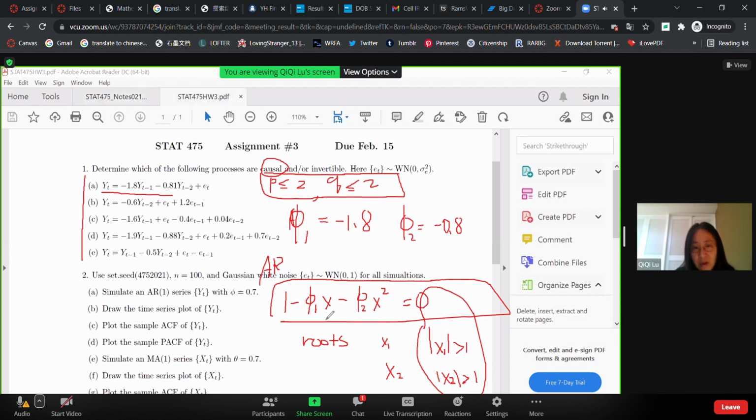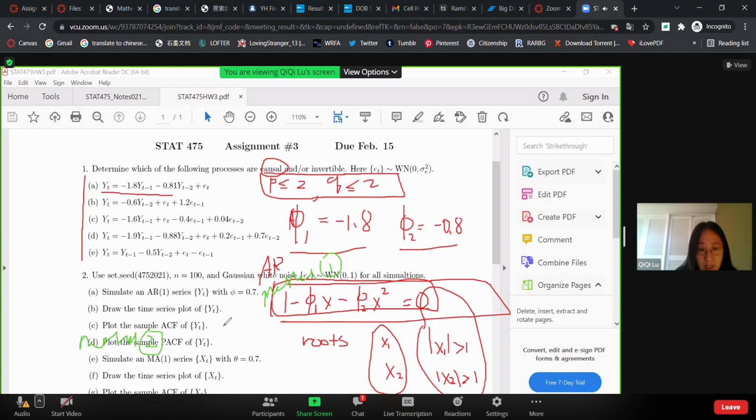So you find the coefficients phi1, phi2, and then you solve this equation. You find the two roots. For the two roots, if both are larger than 1 in absolute value, the time series is causal. So this is the first method. So that's method 1. In method 2,